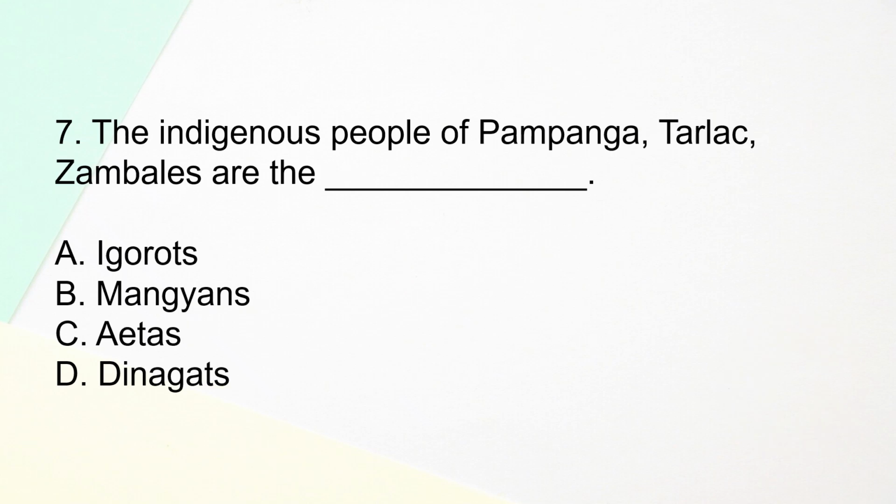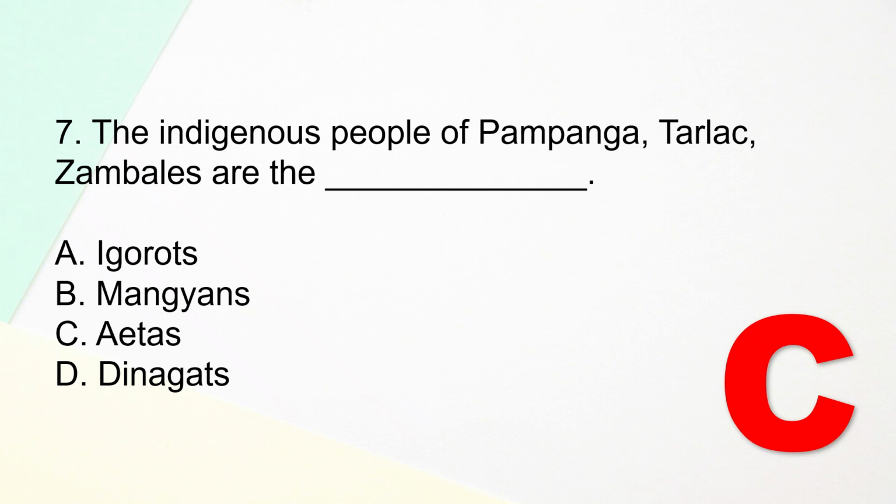Number 7. The indigenous people of Pampanga, Tarlac, Zambales are the blank. Letter A, Igorots. Letter B, Mangyans. Letter C, Aitas. Or letter D, Dinagats. The correct answer is letter C, Aitas. So, ang Aitas or also